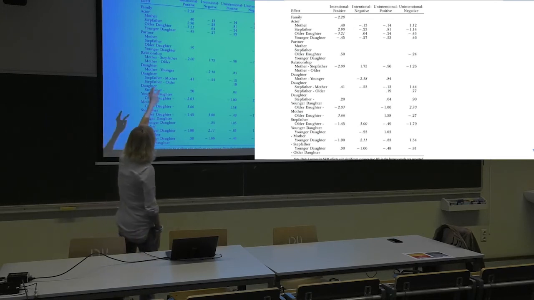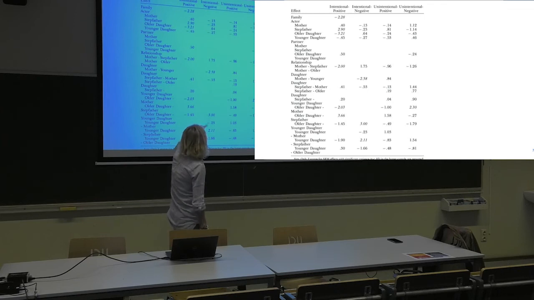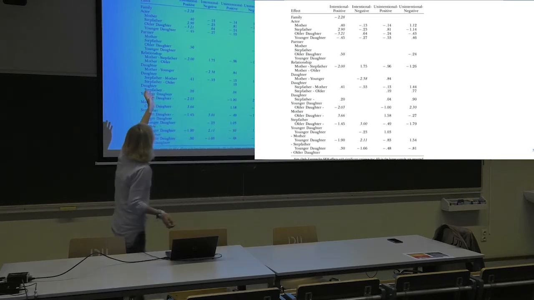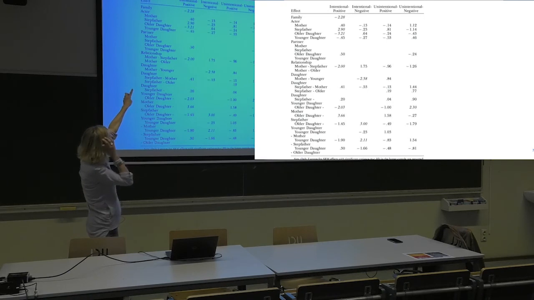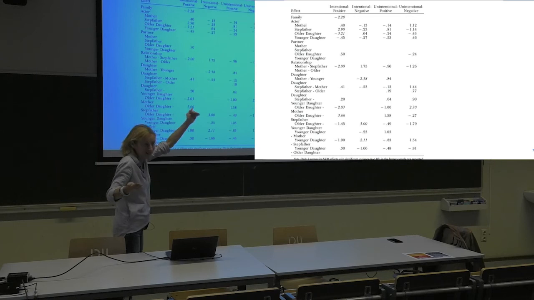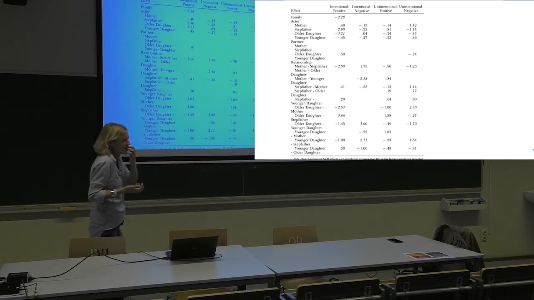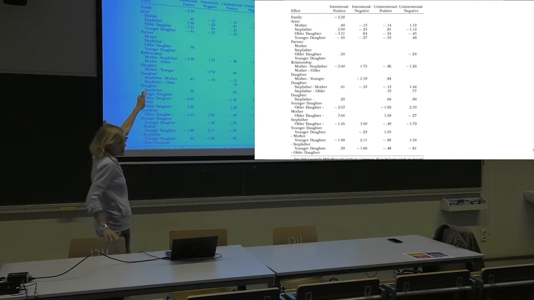So the blanks are where there was no variance in the normative sample, yeah? And then you cannot calculate the Z-scores, yeah? So for instance, for the family effect, we could only do the intentional positive one because there was no family variance for the unintentional negative and unintentional ones. Yeah. So of course you're limited if you find no variance in a specific normative sample, then you can also not compare.